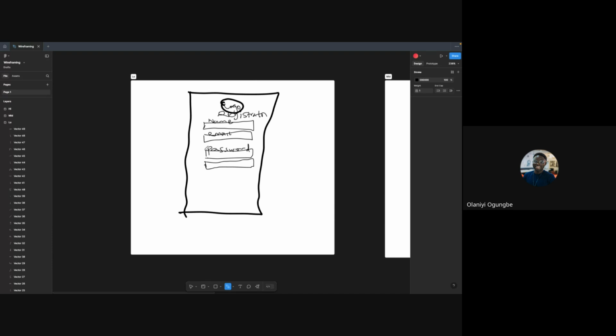Reason being that when there's so much on one single page, it might cause cognitive overload, and the user is like, why is this thing so plenty? Can't it be shorter? Do they expect me to waste this much time? Stuff like that. And at the end of the day, they might end up not going through with the process. Do you get me? So let's try as much as possible to ensure that it is not too much.